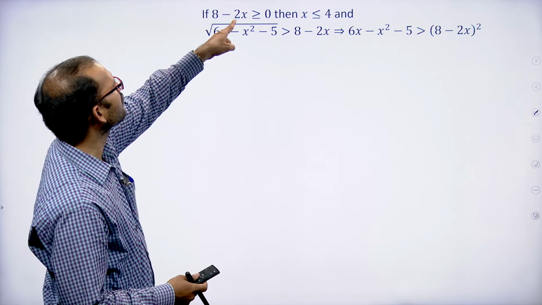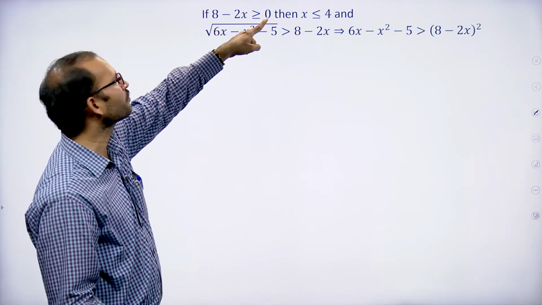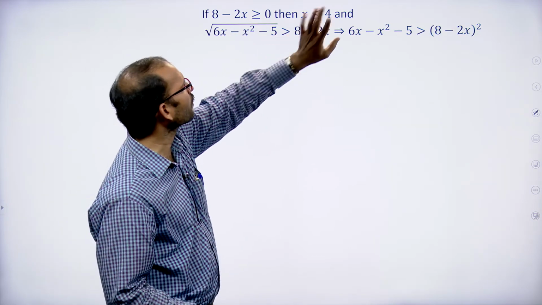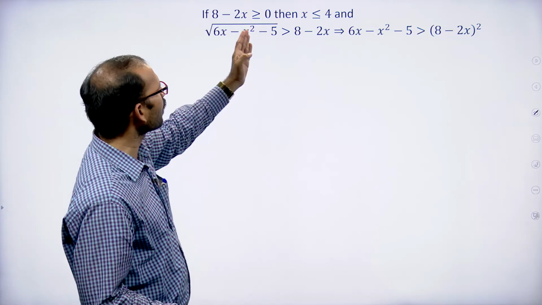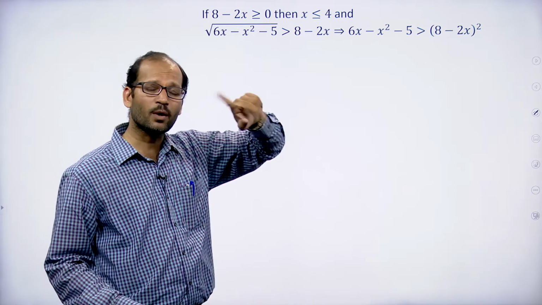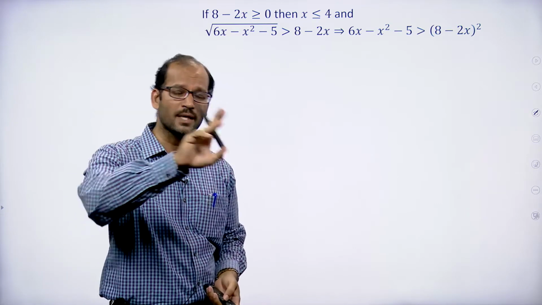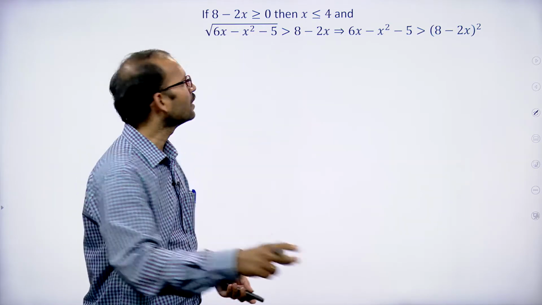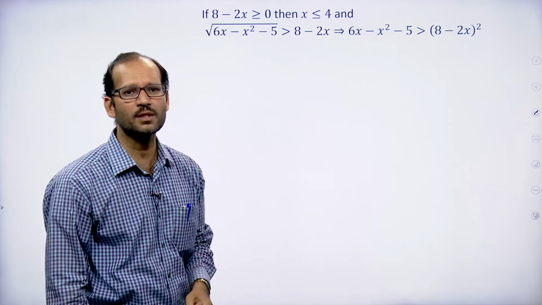In the next case, this is positive, we will take. See, 8 minus 2x greater than or equal to 0, it can be 0 also. So then x less than or equal to 4 we got. And this inequality, squaring on both sides, because this is positive, whenever two positive quantities are there, greater than or less than symbol is there, when you square on both sides, inequality won't change, discussed already. So therefore when you square on both sides, inequality will be same.